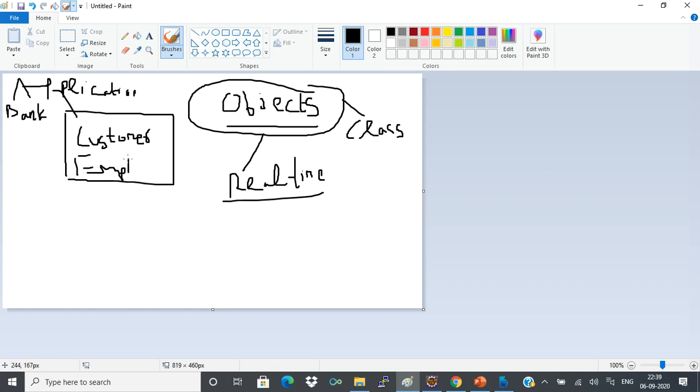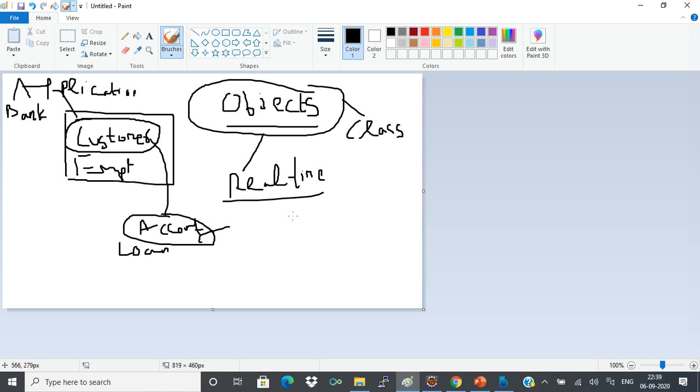Next, the customer is associated with an account, their own bank account. And for a customer, they can have loan related data. These are all related. Some might go as objects directly, some might go as attributes for that particular object. So when we design the bank application, we have to come across all this. Say my bank application wants to create a customer object.